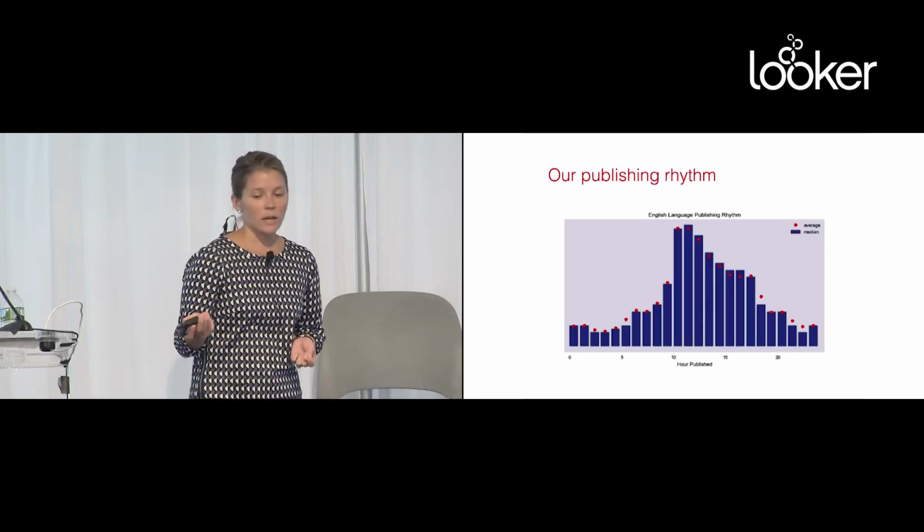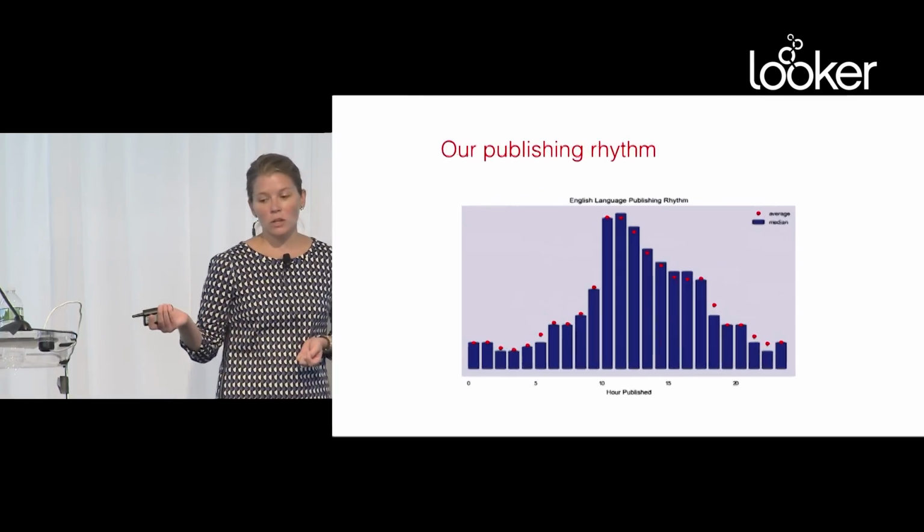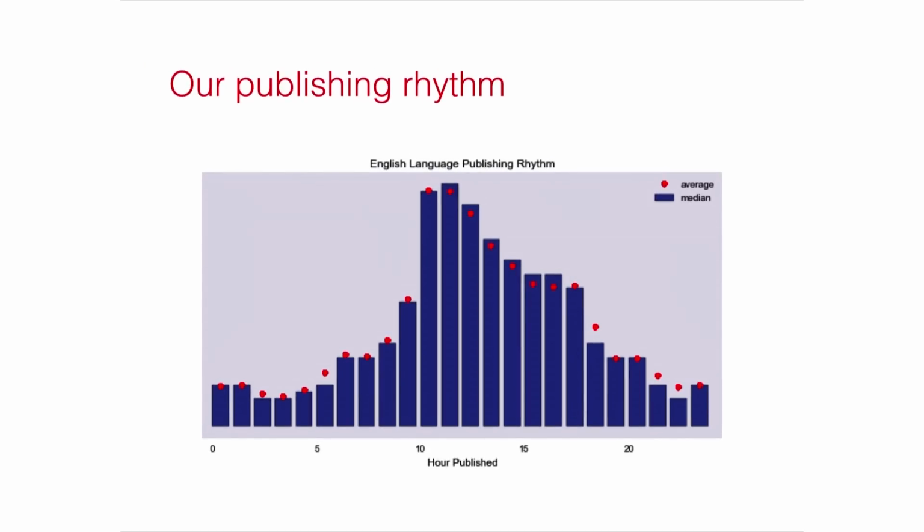So the first thing that I looked at was our publishing rhythm. So this is just looking at the median and average amount of content that we publish per hour. This is over a 5-month span, so it's not all time or anything, but you can see that we really were publishing in the 8-hour period that people considered the Eastern Standard workday. So people at 10 o'clock would get in and publish the draft that they had finished the night before, and then it kind of dipped off after that. And after 6 o'clock, when people went home, publishing went down a lot.